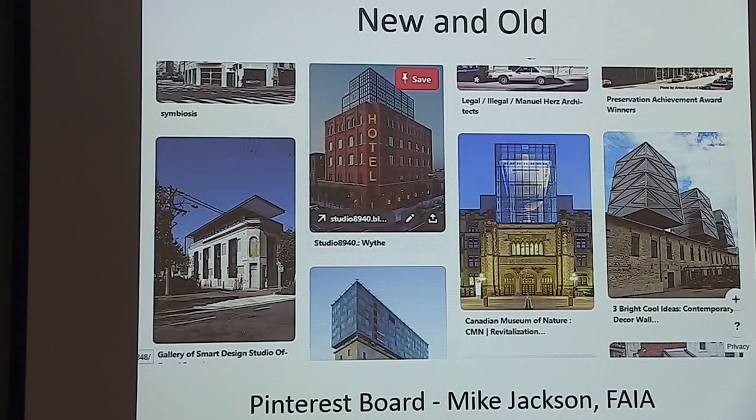But I'm presenting this in the context of these other projects of major new additions sticking outside of the envelope of buildings. That's where some designers are approaching any building as an opportunity to put something outrageously different. And if you want more examples of this, my Pinterest board, new and old, has 340 pieces in it now, mostly European, but not only, of big new things sticking out of old things. So it's one new trend out there in historic preservation and design urbanism. I'm on a little track here from historic preservation to modern intervention, and what it means, and some challenging new assumptions. And then there's the American version of this,